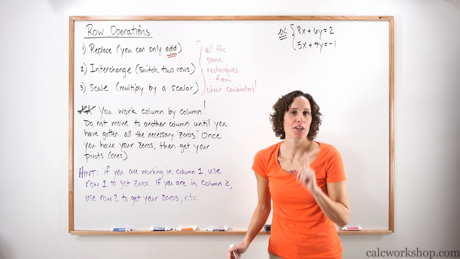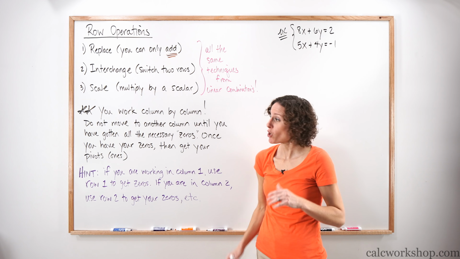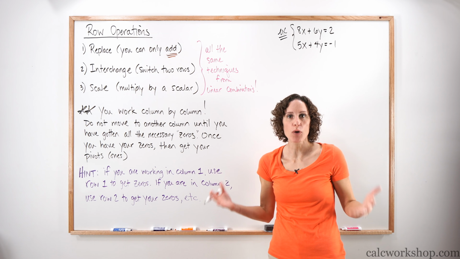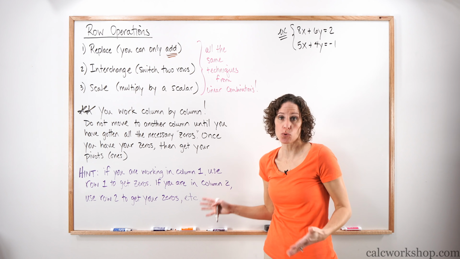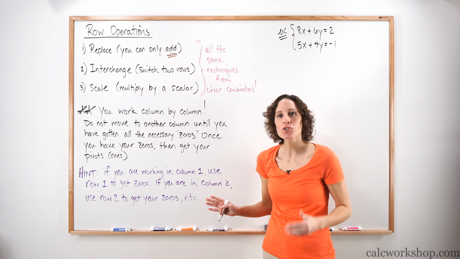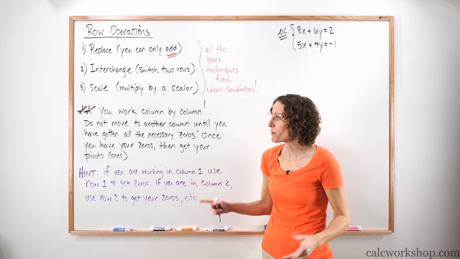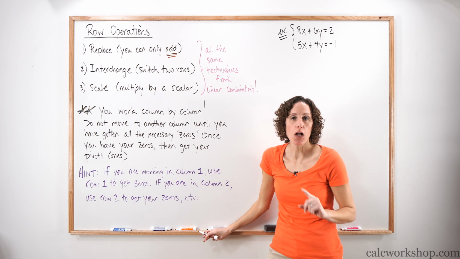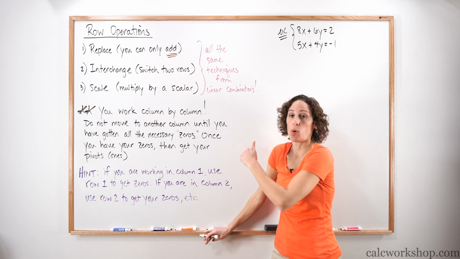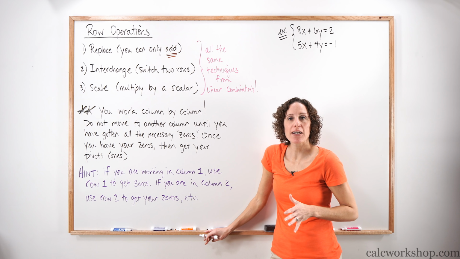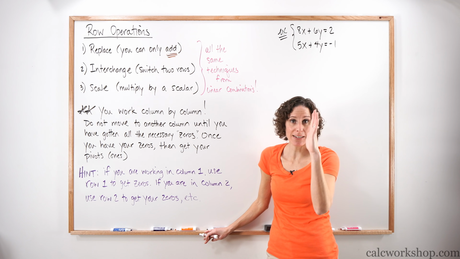Here are things that you're not going to find in a textbook that are really, really important for you to keep in mind. Once we get better at how to row reduce, you won't always have to be as rigid with these rules. But these rules will work 100% of the time. So here's how we're going to do it. You must work column by column. No matter if you're an expert at this, this rule still holds. You have to work with the first column, complete that column, go to the next column, and so forth.